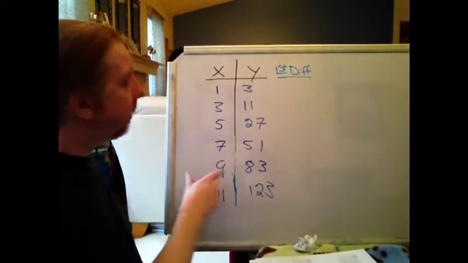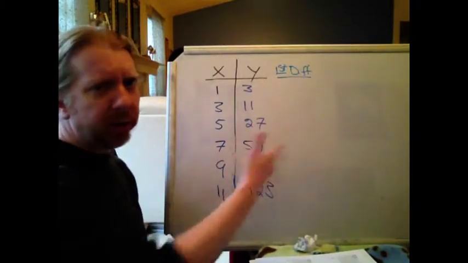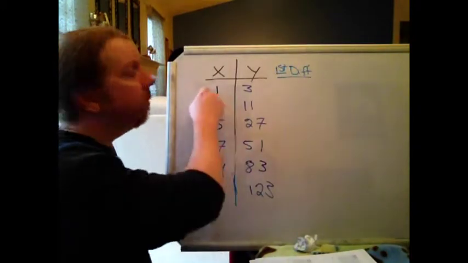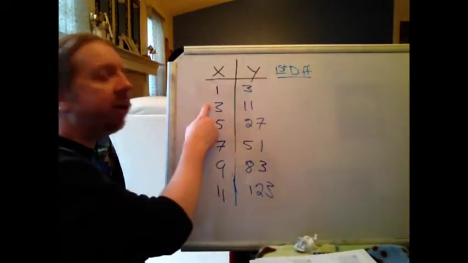Another set of data is modeled here. Now this is data set 3 in your notes if you're in my Algebra 2 class. But we can also use this for other demonstrations. Remember, in order to use the rules with differences or ratios, I have to have a constant interval going down